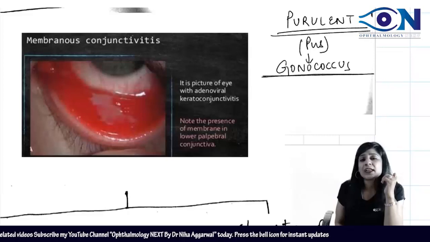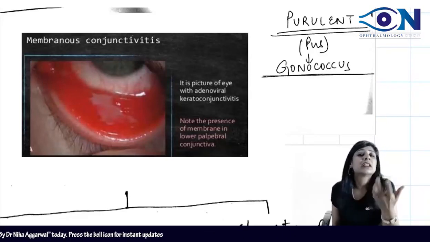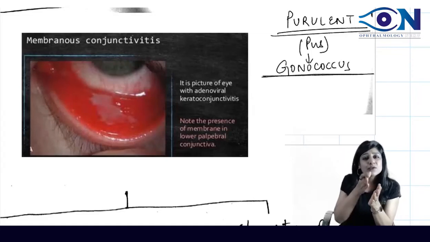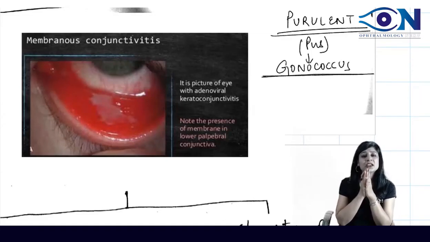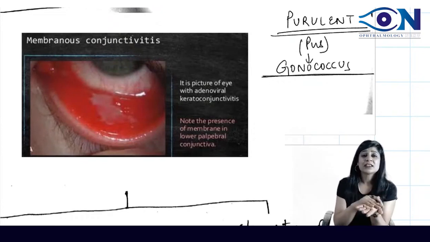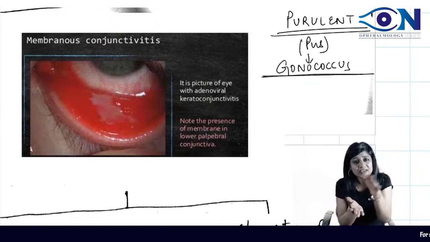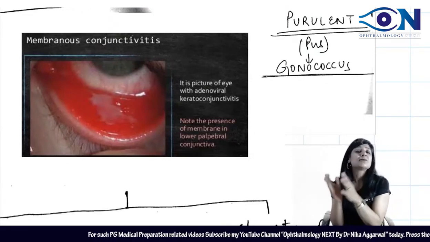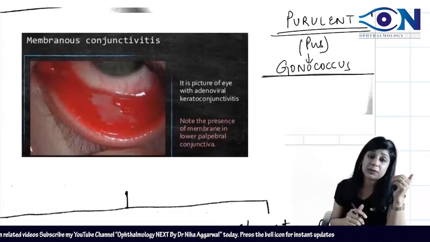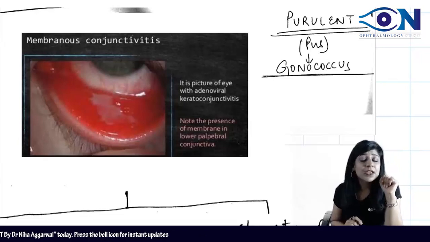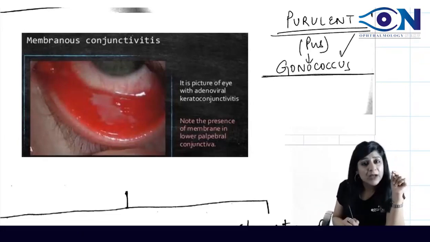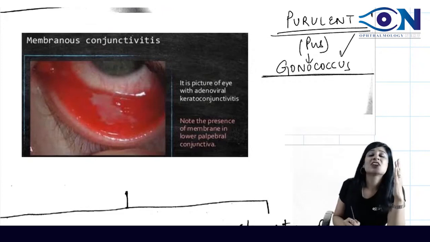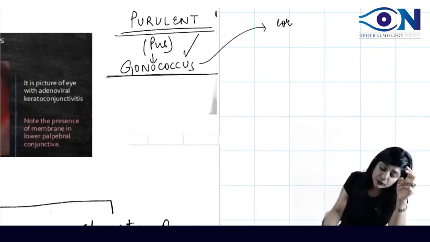Now, most of the times what happens, how bacteria causes the corneal ulcer. Bacteria is not invading the intact corneal epithelium, right? It is actually first, if there is an epithelial erosion, then secondarily it can infect this corneal erosion. But some bacteria are smart enough and they can invade this intact corneal epithelium, and Neisseria gonorrhoeae is one of them. So if I am having this conjunctivitis by the gonococcus, then we can have the chances of corneal involvement also.